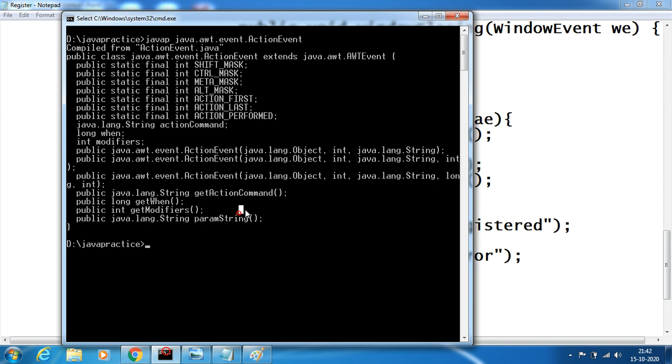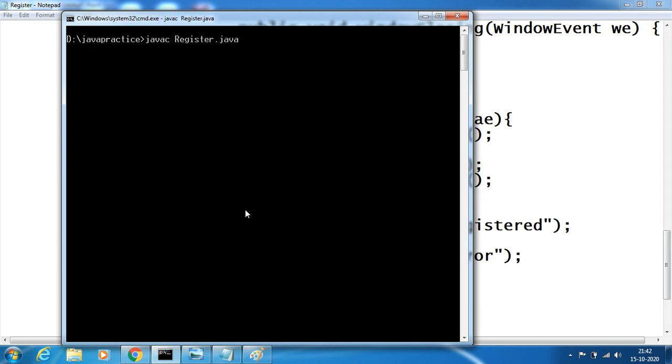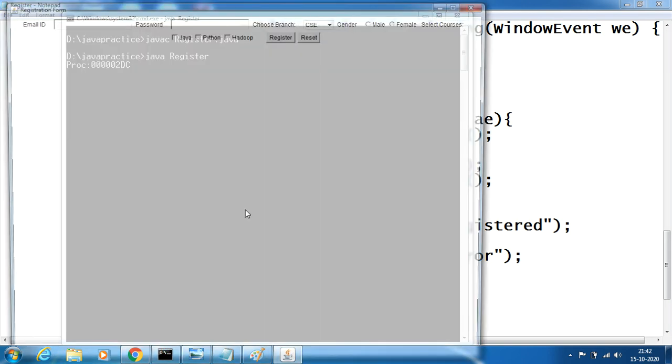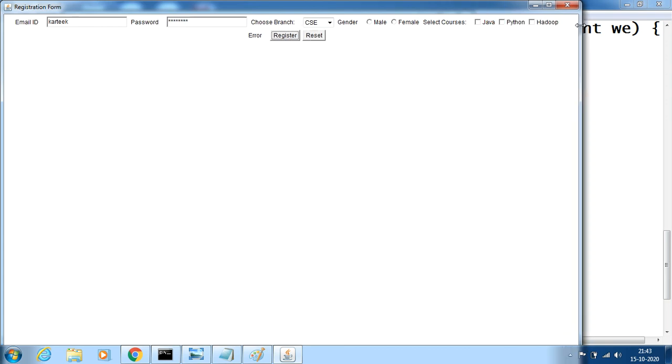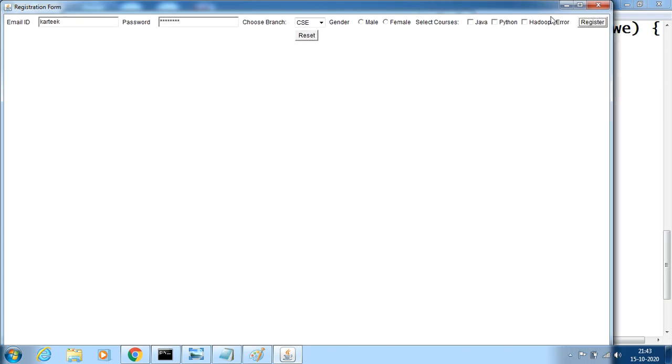Now again compile and run. No problem. I'll run this. See, I have got another button here called reset. Now see, I just say Karthik something, Karthik something. Click on register, it shows me an error because they are not the same. Click on reset, see immediately these two vanish. Click on reset, see these two are empty now. If you want to see again, I have written something here. Click on reset, both are empty, because reset is something like making the fields clear.